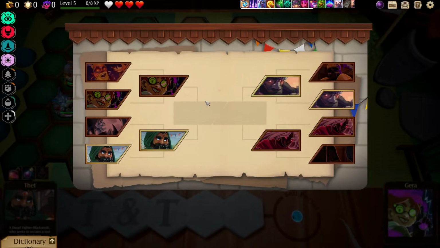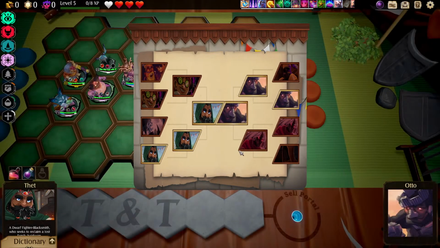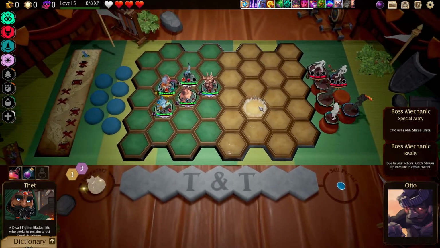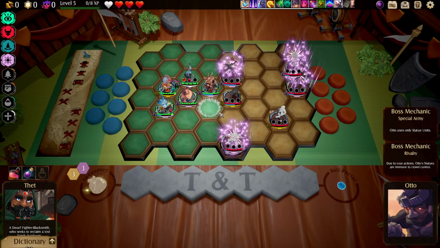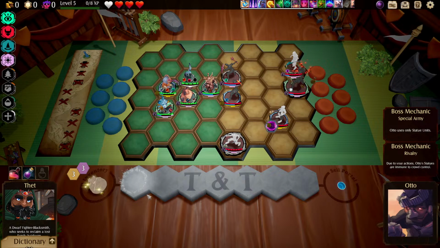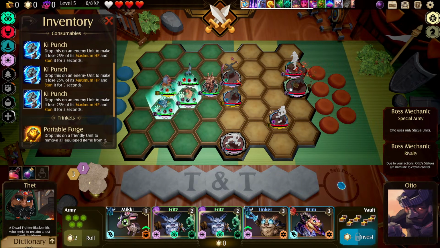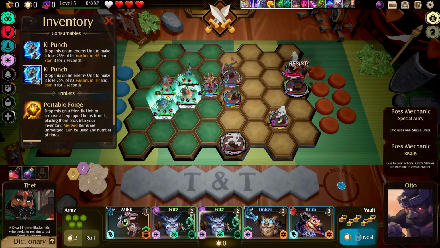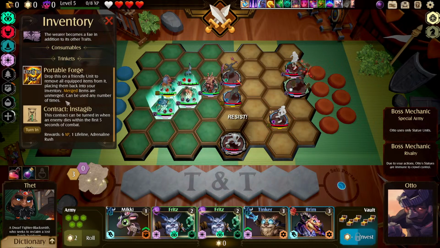All right. Otto is immune to... his statue units are immune to... all his units are statue units. They're immune to crowd control. Okay. So it says it's stunned, but I can make it lose some HP. Let's knock his tier 4s down. So they won't be stunned, but...